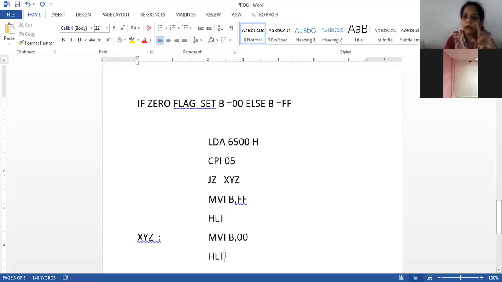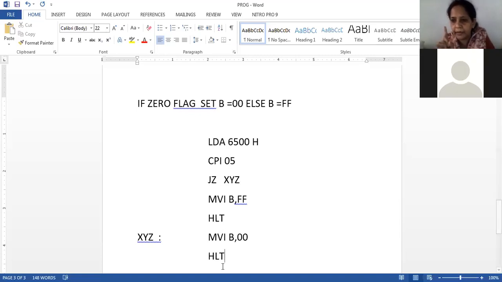But in one program, there are no two halts. Okay, there are no two stops. See, in C++ also you start with the curly bracket and with only one curly bracket, right? You have only the one main program. You don't have two curly brackets or two separate programs, right? That means two stops are not there, two halts are not there. That means I have to remove this halt, and from here, after I make B register value FF, I should go to this particular instruction.